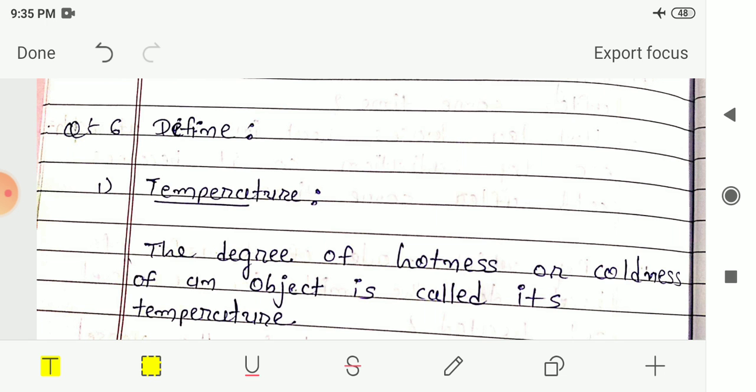But we had seen one exception, that is mercury. So mercury is a liquid substance, and even so it gets heated by the mode of transfer of heat called conduction. Then we had seen about land breeze and sea breeze, in which the transfer of heat takes place by this convection method.